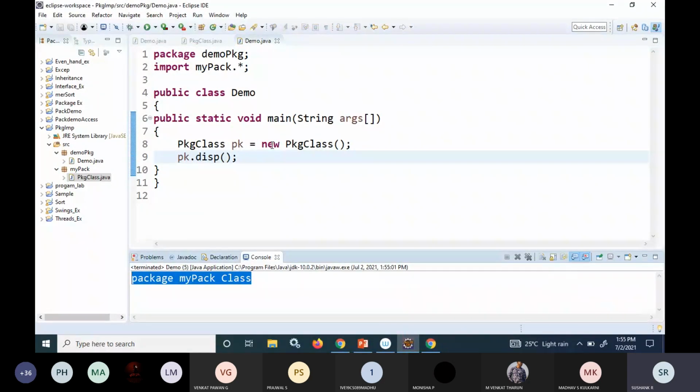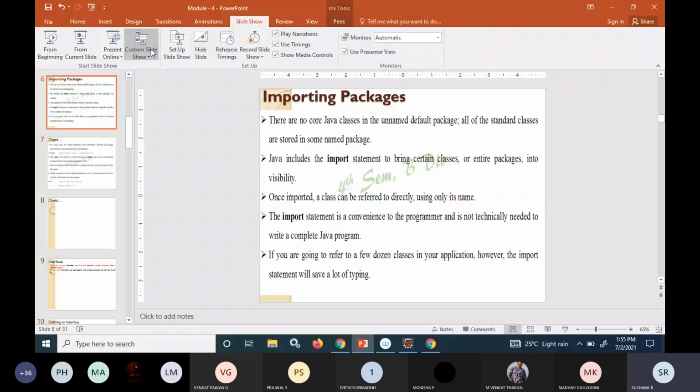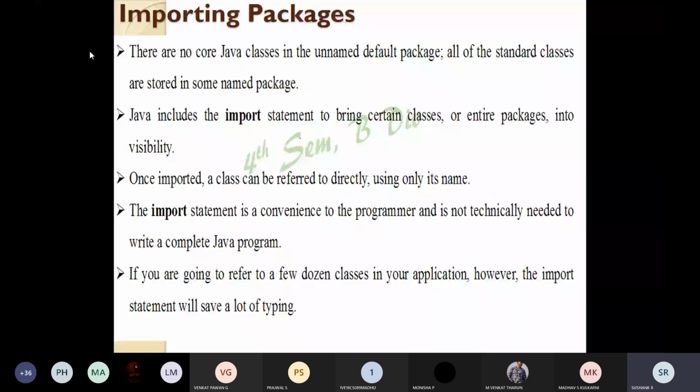See what I did here, I'll explain here. See, what I did is first I created one class, and that class contained one function called display function.